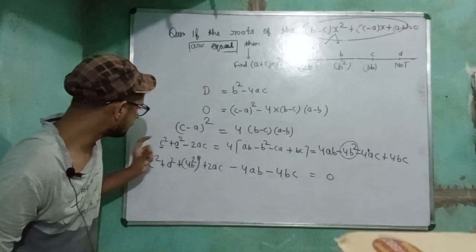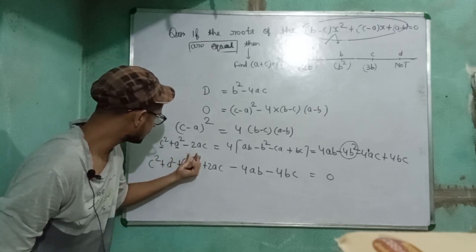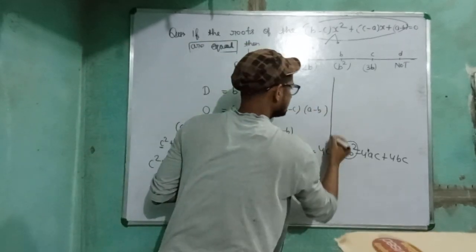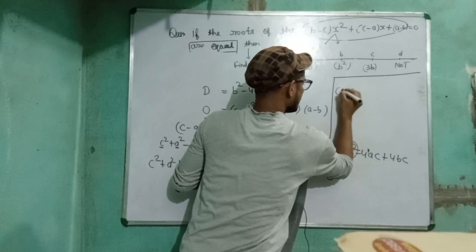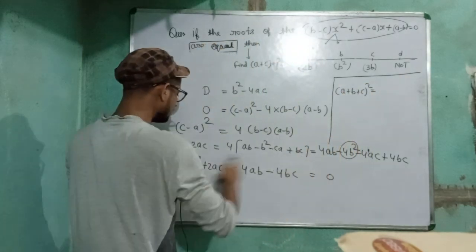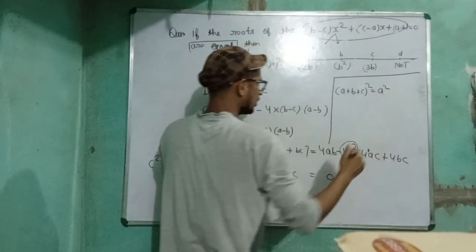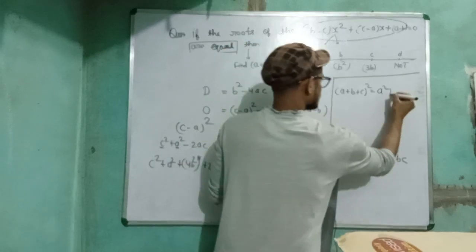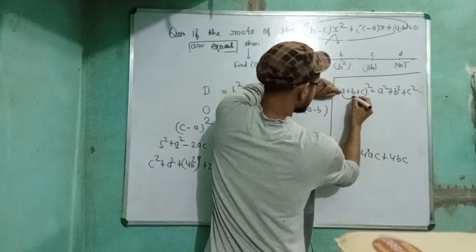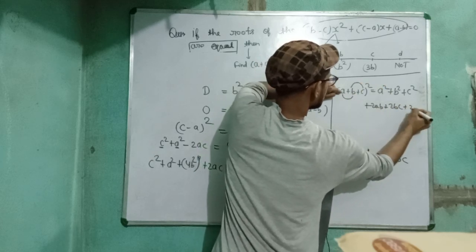Look, if this looks like a square plus b square plus c square, then it is a plus b plus c whole square, like this. I am mentioning the identity of a plus b plus c whole square because I am making all these expressions according to the identity which is already taught to you in 9th and 10th class: a square plus b square plus c square plus 2 times ab plus 2 times bc, and so on 2 times ca.